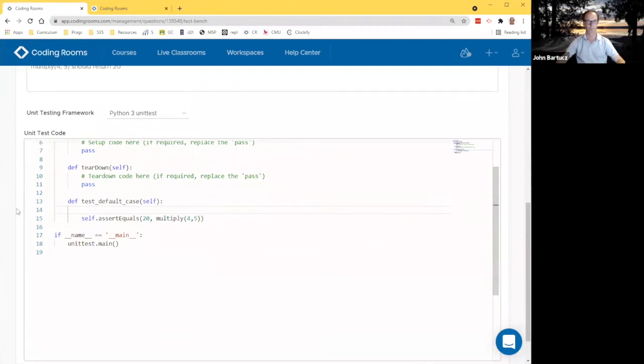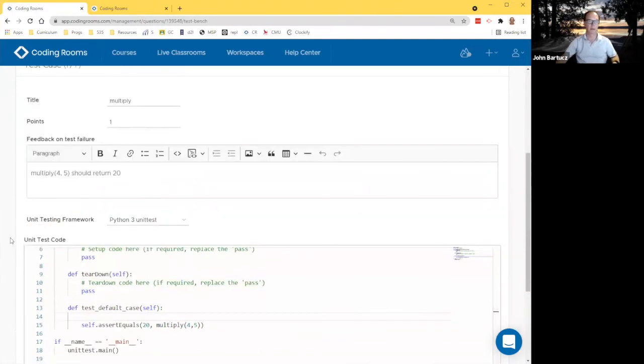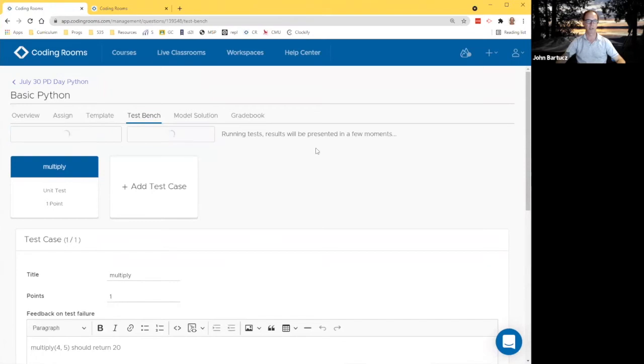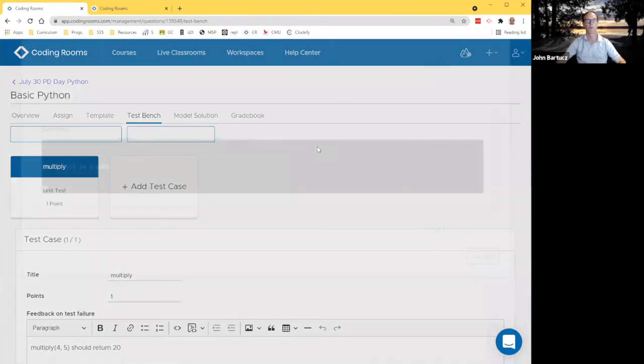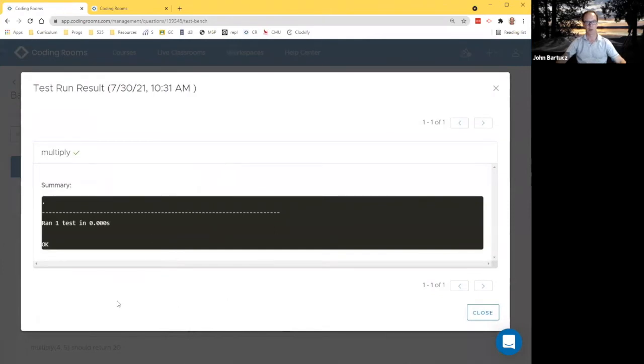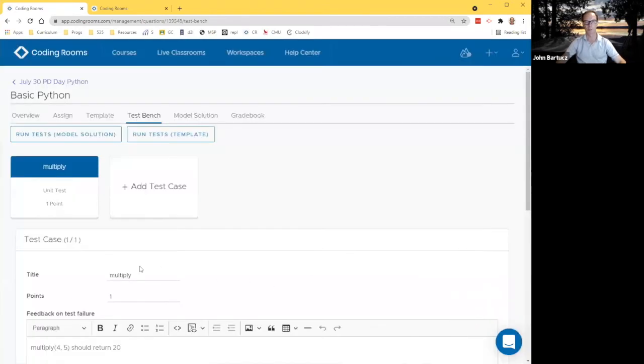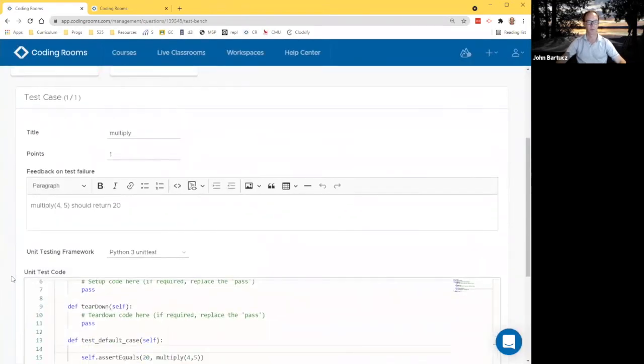All right, so let's make sure that my model solution actually works. So you can see there's no feedback this time because it actually ran perfectly. So the multiply test here ran perfectly because I'm the best programmer. And